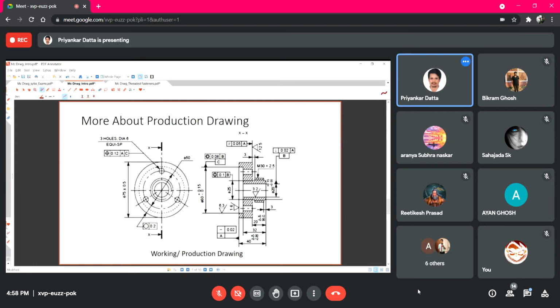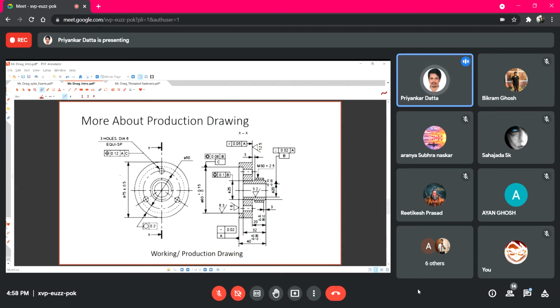So here, in your engineering drawing also, you have drawn some orthographic projections where you have used dimensioning to show the different dimensions of each and every part of that object. Now here also all the dimensioning is shown.